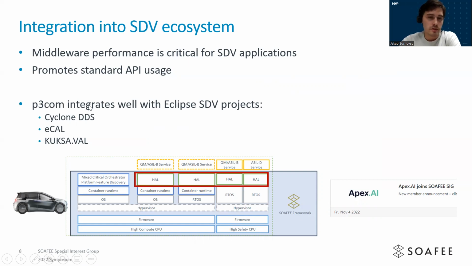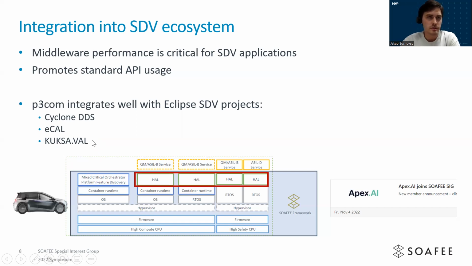So p3com, the advantage of it is that the public API of it is simply the Iceoryx API. And so there is already a fair number of existing middleware integrations of Iceoryx, which then enables us to integrate super easily into all of these, because basically you only need to run our gateway daemon process in the background. So there is Cyclone DDS, which I talked about extensively already. There is the eCAL project, which was originally from Continental, but also recently contributed to the Eclipse Foundation. And then there is, for example, the Kuksa.val project, which is a custom